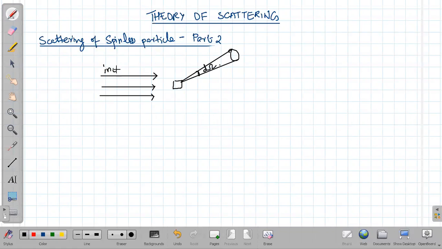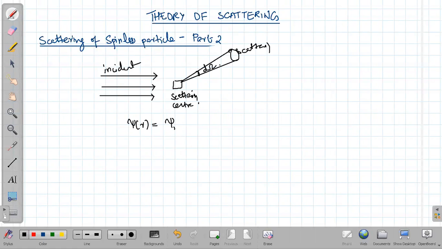Okay, this incident is scattering and scattering center. Okay, so therefore the total wave function of this system in any how we can write the total wave function is